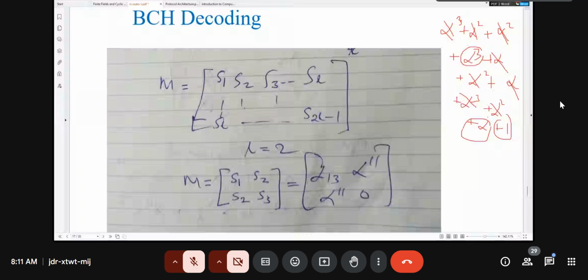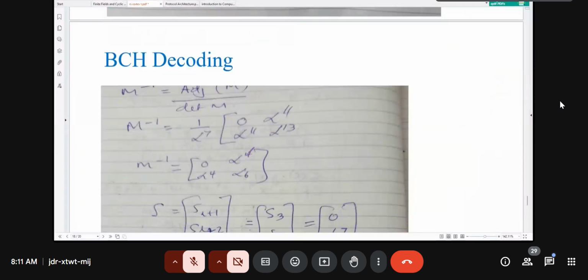Then, to get lambda, you must do the inverse matrix. Of course, I think you're familiar with doing that. So we do the adjoint of the matrix M. I think it's called adjoint. Yeah, the adjoint of matrix M, which, if I remember my matrices, simply means interchanging these two and then negating